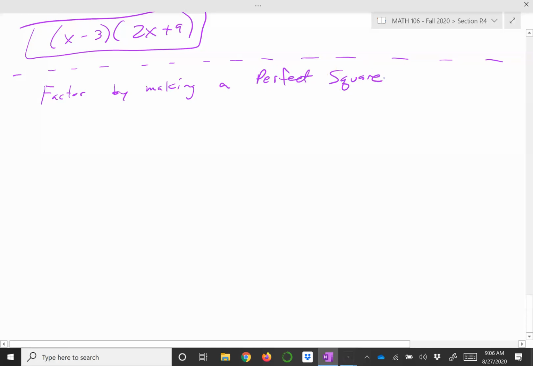All right, so let me just write out a polynomial, and I'll show you the process. All right, so something like this. So you can't factor by grouping, right? You're missing a term. It's a tough one, right? You're not really sure what to do with this one. Okay, so what you have to do,